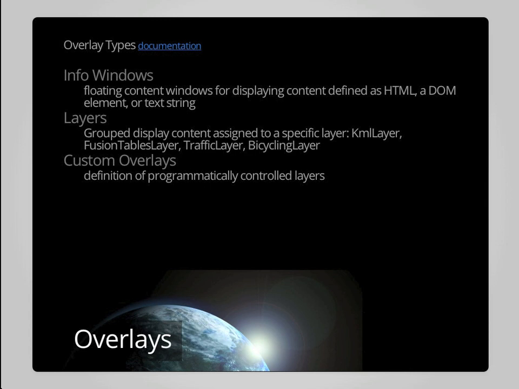In addition to those 4 overlay types, we also have 3 more that provide additional capabilities. One is info windows, which are essentially content windows that can be popped up on top of the displayed map that allow you to embed additional information, where that information can be written in HTML or as a document object model element or a simple text string, where by defining that content, you can